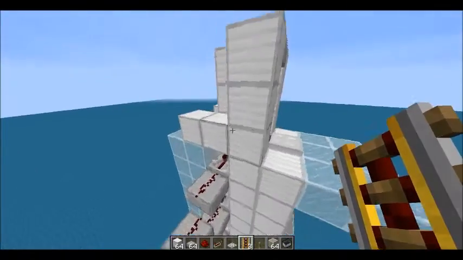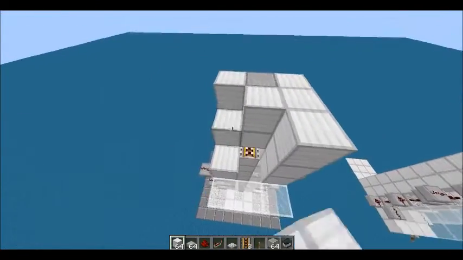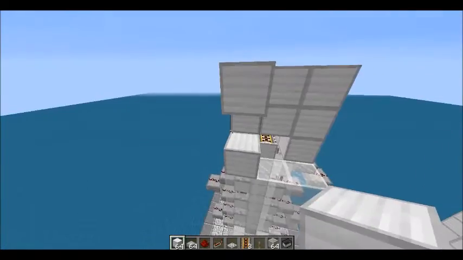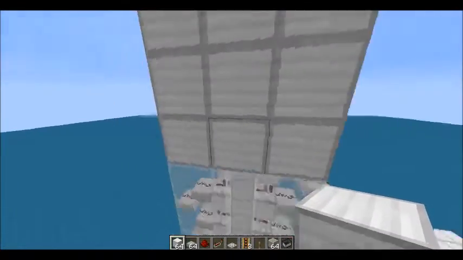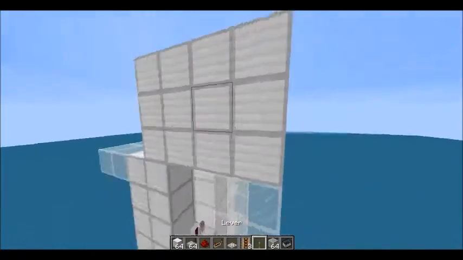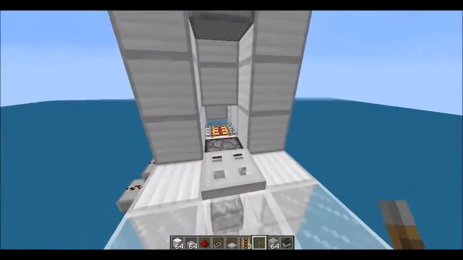Come over around to this side. I recommend filling in these blocks because of OCD. And then what you're going to want to do is come over to the side where the redstone is supposed to come out of. Break this block, place a lever in, flip it, and that should turn on the power